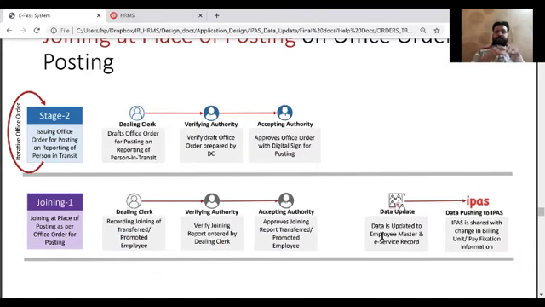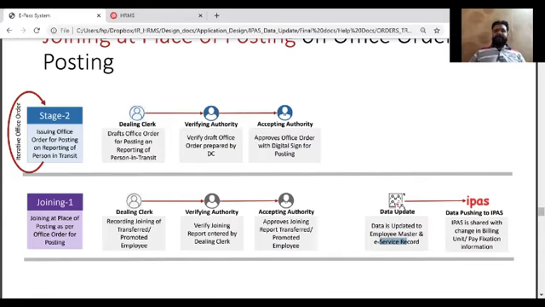So the current tab of employee master will be updated with the new information, and based on the type of order, promotion, transfer, or deputation out, the tab of that particular employee will be updated. The status of that tab will not be changed. Just one record according to the office order will be appended at the end. And the same information will be passed on to iPass for salary generation. So iPass is going to use this information for creation of salary.